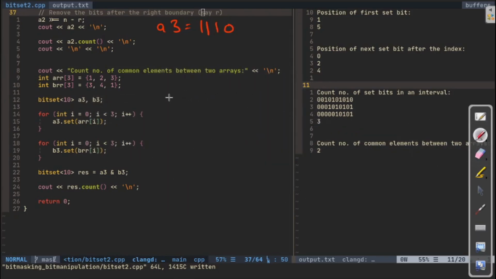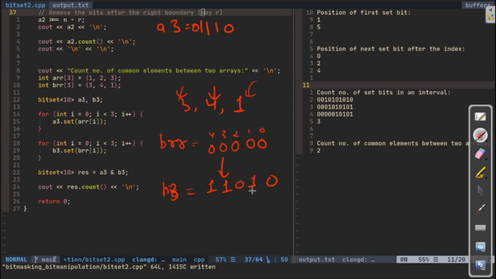Okay, so now I'm going to erase this. Similarly we have to traverse the second array as well, which is 3, 4 and 1. Let me add one more 0 here because it has 4 as well. We traverse, and this is 3, so BRR, the third bit will be equal to 1. So this is 0, 1, 2, 3 and 4. This bit will be equal to 1. Now on the second element, which is 4, this bit will be equal to 1. Now on the other, which is 1, we will set this bit, so we'll get this. Okay, so this is our B3 final state.